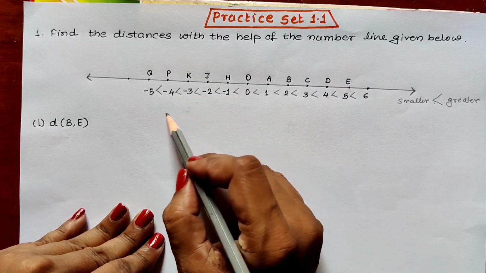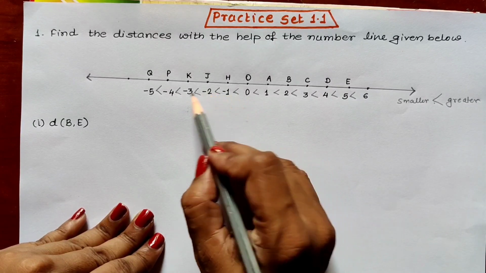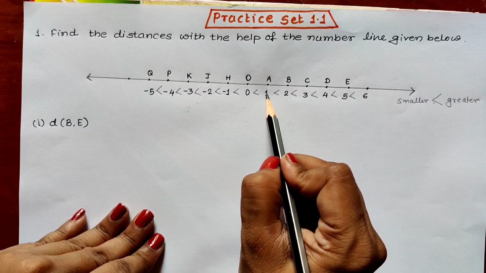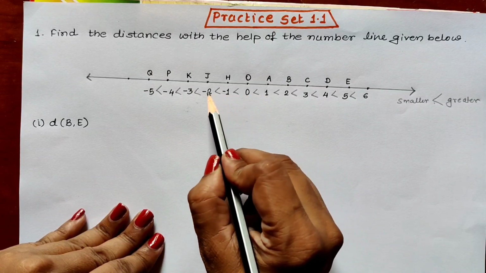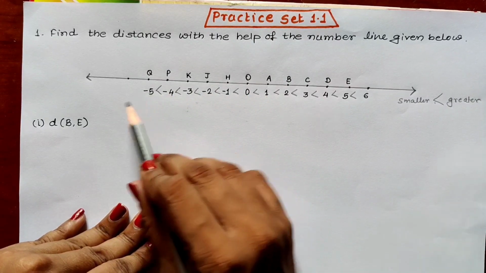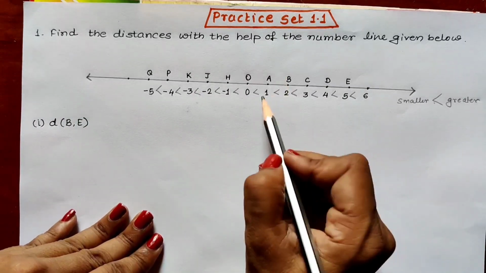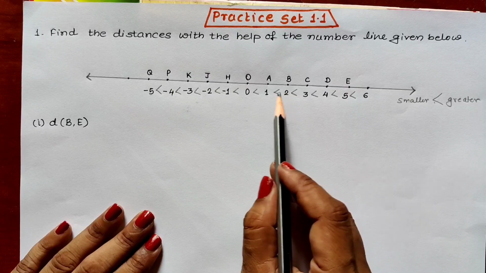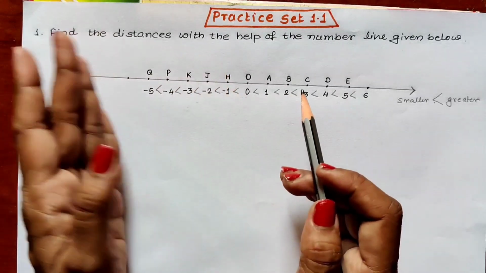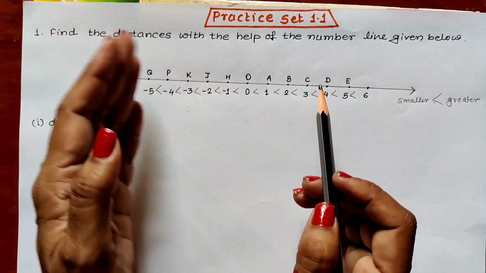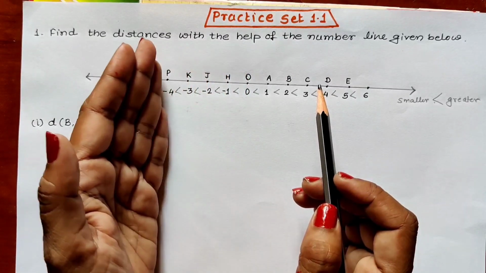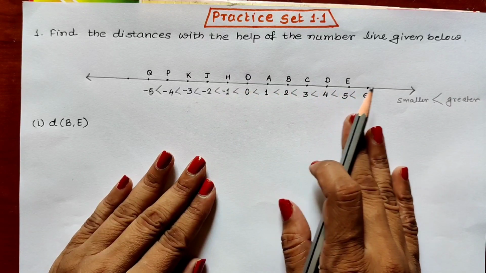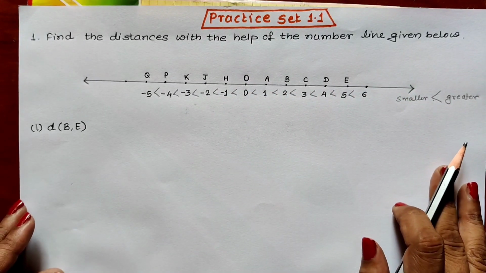We all know negative numbers are smaller than 0 and negative numbers are smaller than the positive numbers also. So plus 1 is bigger than 0, minus 1, minus 2, minus 3, minus 4, minus 5, minus 6, minus 7, like that. That means 1 is the bigger number than all these negative numbers and 0. 2 is bigger than all the numbers which are on the left hand side of the number line. So when we go on the left hand side, number goes on becoming smaller, smaller, smaller, and when we go on the right hand side, number goes on becoming bigger, bigger, bigger.